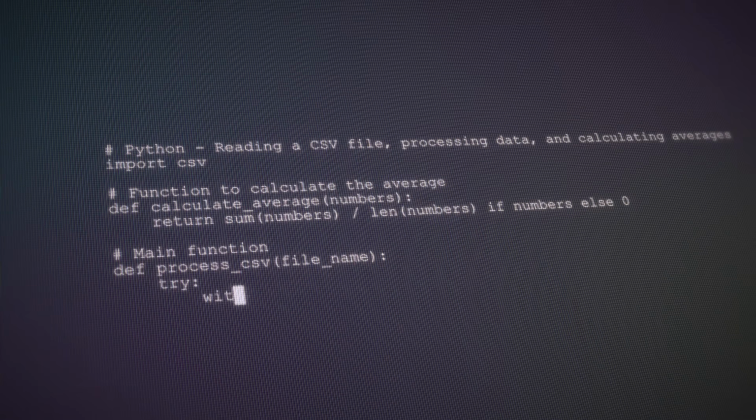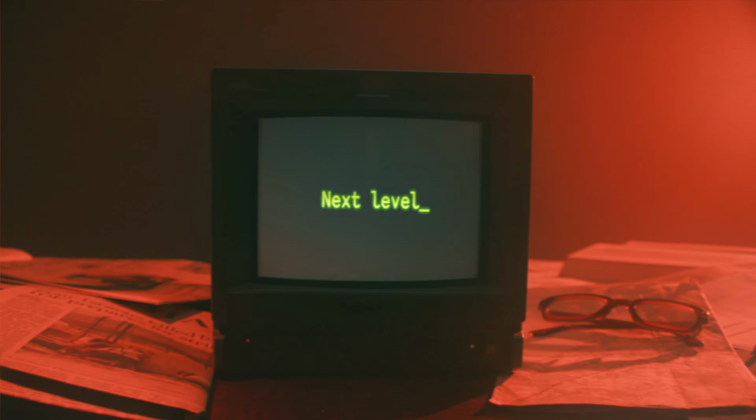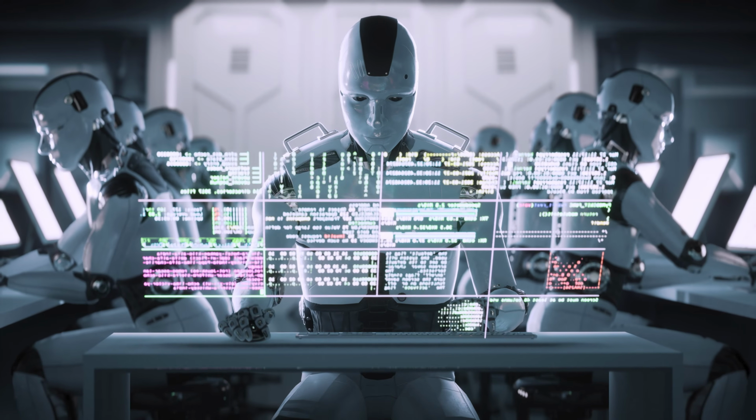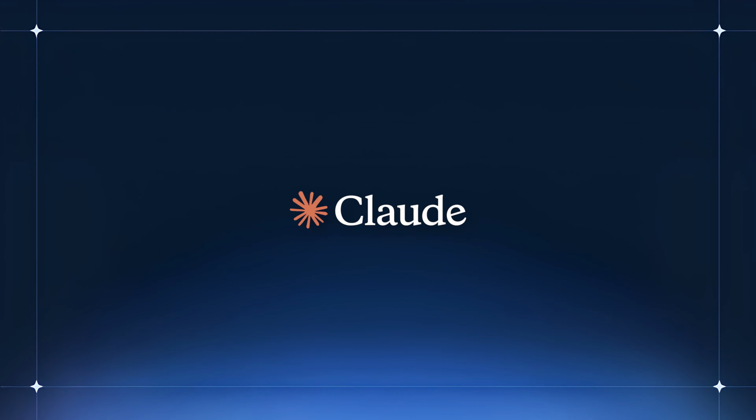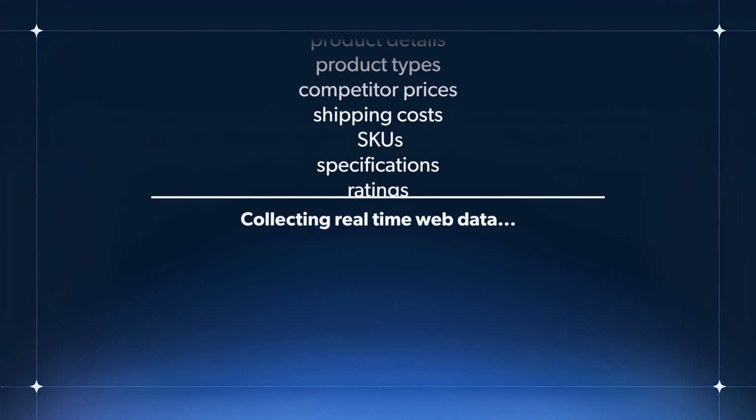We started with simple agents that could write code for us. Everyone was blown away. Then agents evolved. Now they don't just generate code, they can trigger real tools. Today I'll show you something game-changing, using an agent and the Bright Data MCP to pull real, live web data